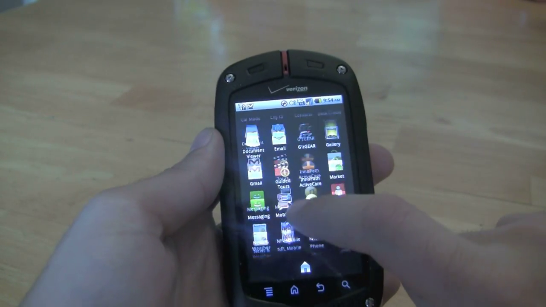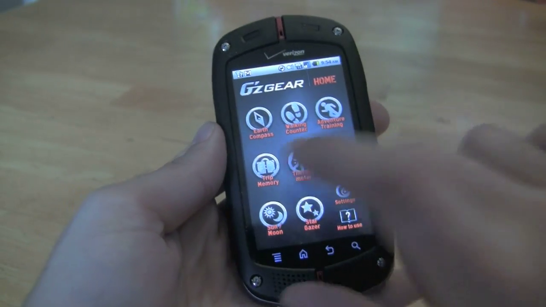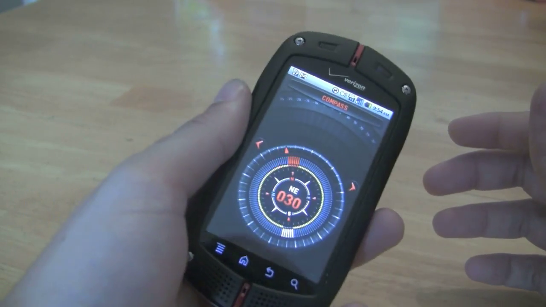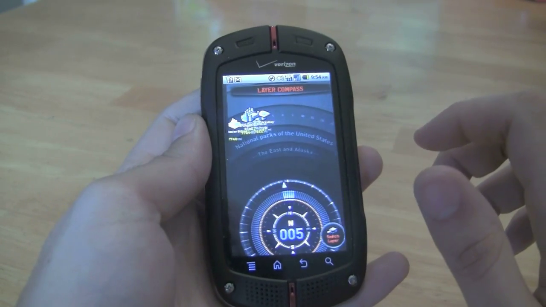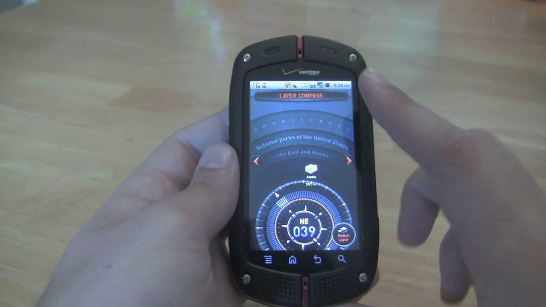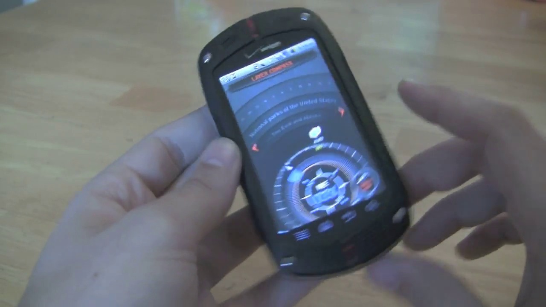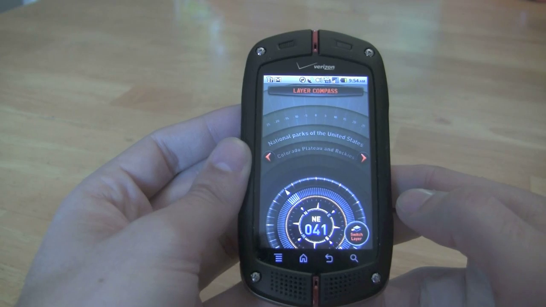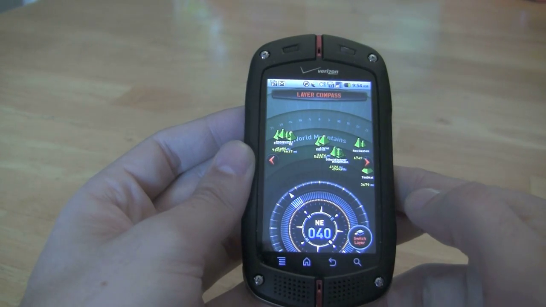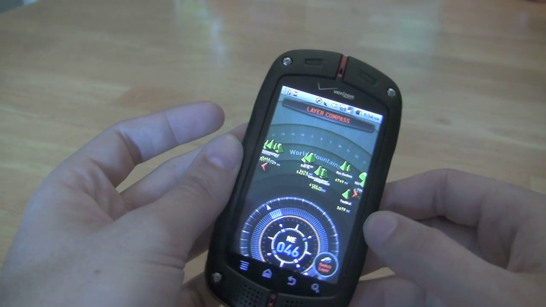But the cool thing about this handset is the g'zGear suite of applications, which I really think are pretty cool. We've got a compass, which is pretty basic, compass there. But there's also this layer compass, which is cool, which will show you directions to the nearest things. And there's different layers. We've got right now national parks of the United States for eastern United States and Alaska. We can switch that layer to national parks for the West and the Rockies, all sorts of things. But there you see there's some world mountains, and that's just showing me in which direction and how far these